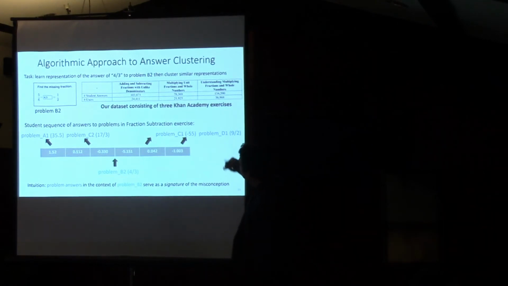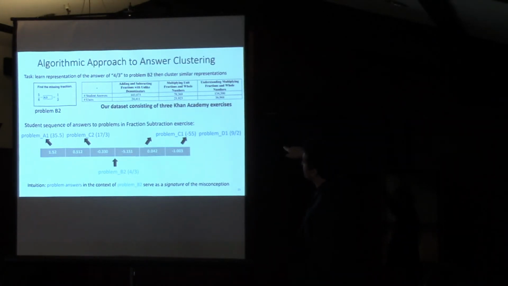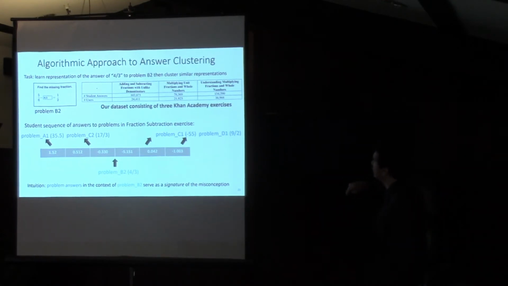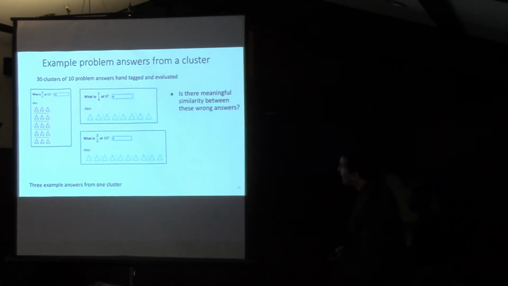So we looked at 3 exercises, mostly fractions, and they contain between 78,000 and 134,000 learners in a popular web-based tutoring platform. Excuse me, that was how many student answers. It was 21,000 to 36,000 students, learners, we don't know that they're students, and 78,000 to 134,000 responses. So we made 30 clusters of 10 problem answers each, and then hand tagged each of the answers for what we believed as non-experts might be the misconception or wrong procedure behind them. Here's an example cluster.